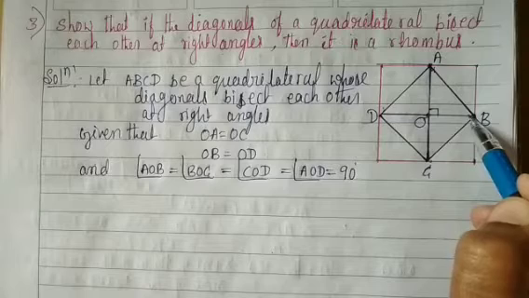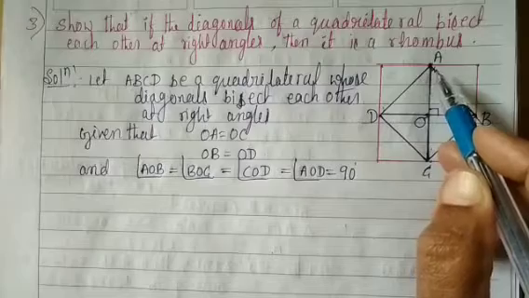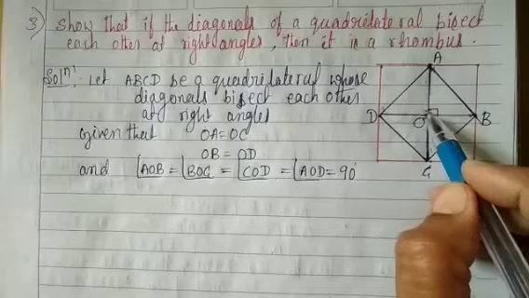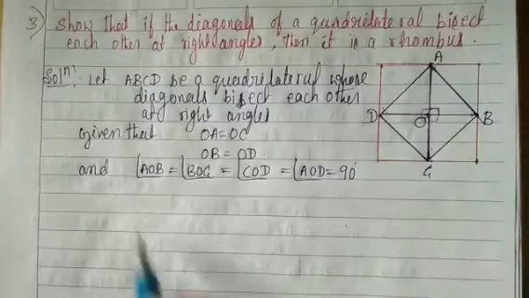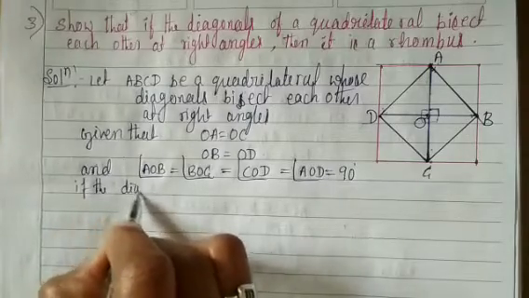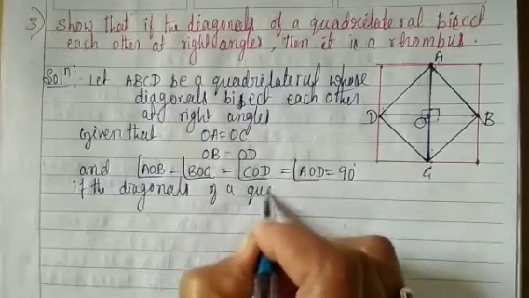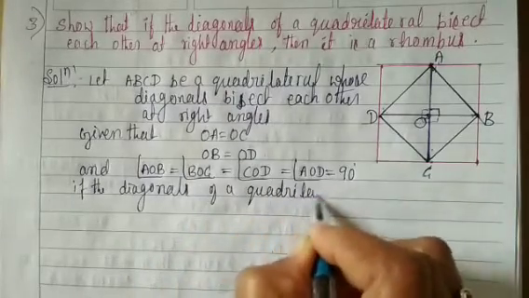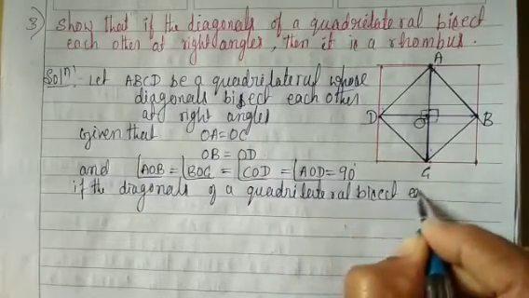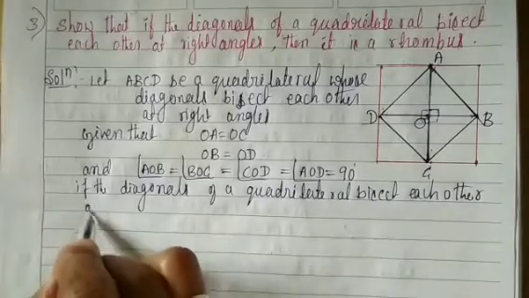To show that if the diagonals of a quadrilateral bisect each other at right angles,